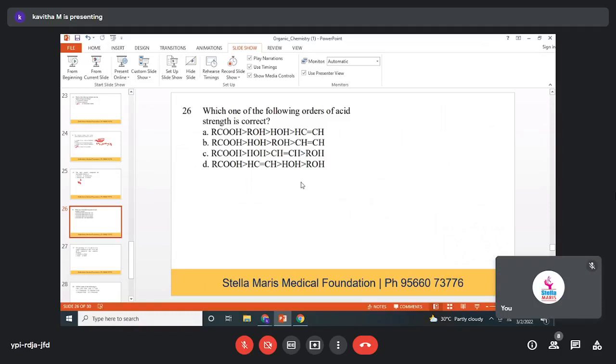R has an electron donating nature, so that will not give the H plus very easily. That holds the H plus. Because from R, the electron is donated to oxygen, so the oxygen will be electron rich. Then it will not let the H plus go out that easily. That holds the electron, sorry, that holds